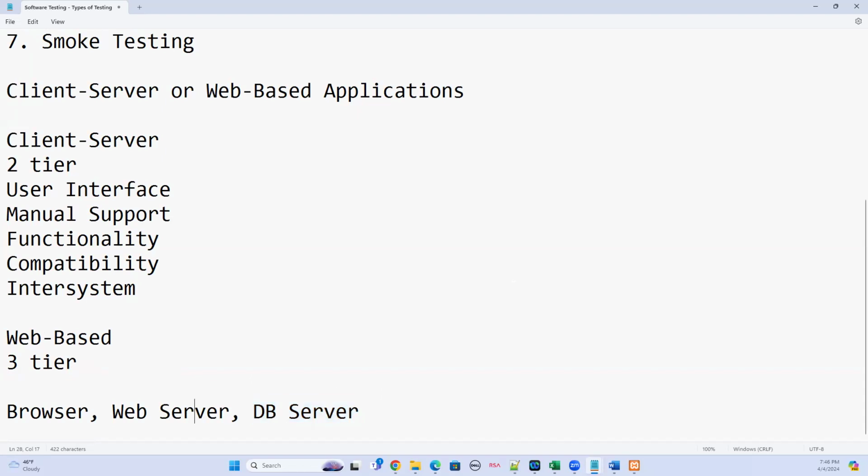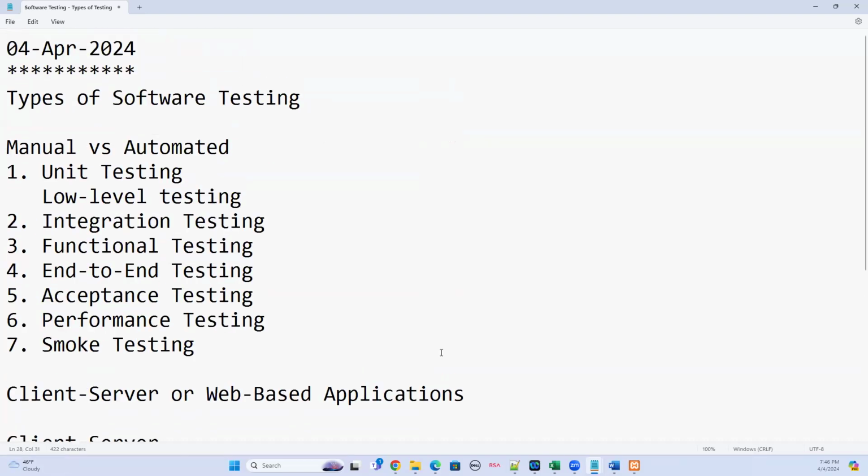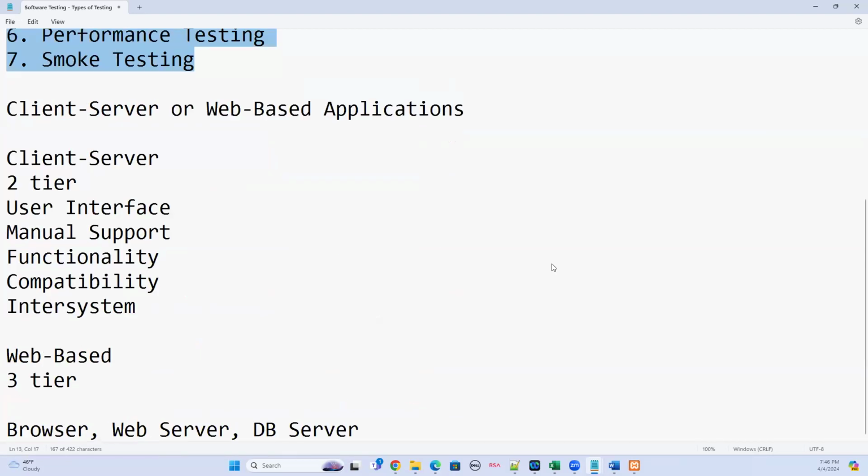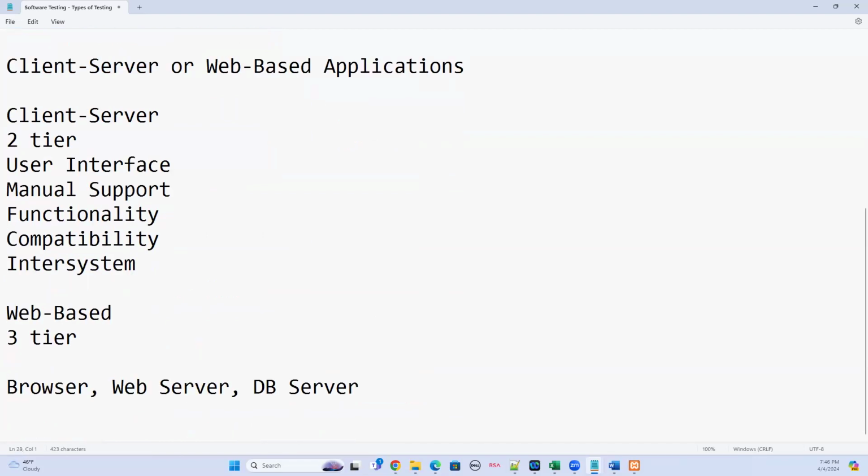But now when it comes to the testing of the web applications, what are the different types of tests we are going to consider here? The first one, apart from these, or part of this also we can consider. It depends on how we are going to consider in case of the web-based applications. So the first one, always